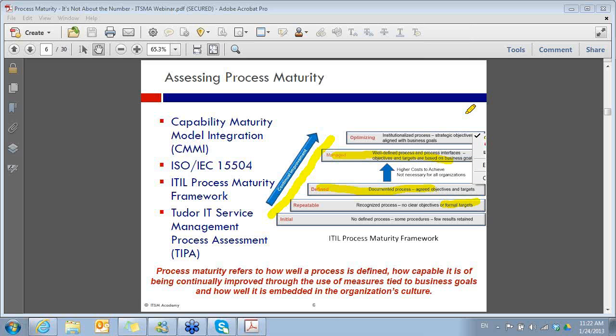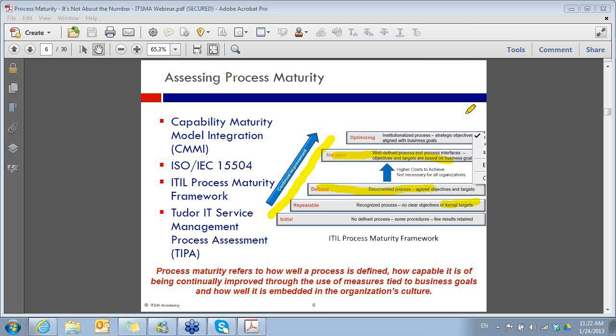Whenever somebody tells me, our incident management process is level 4, or our incident management process is level 5, the first thing I say to them is, that's awesome. Tell me about your problem management process. And if they say to me, well, we really don't have problem management in place yet, then my answer is, then you really don't have a level 4 or a level 5 incident management process, because again, those interfaces are that litmus test.